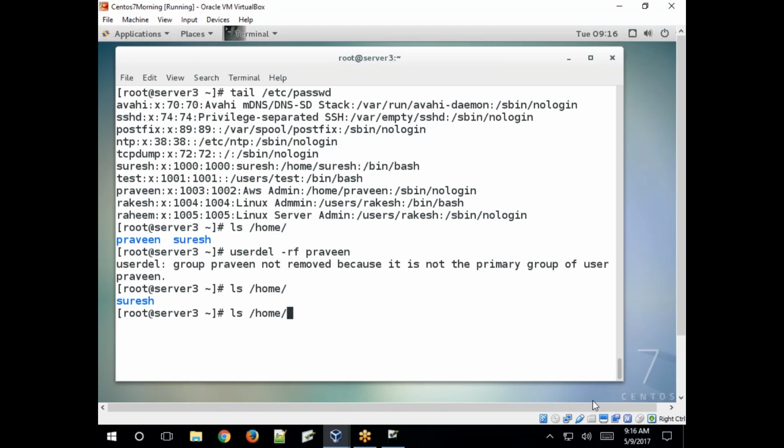Removed, right? Praveen information also. Okay, so Rakesh, so what is Rakesh? Rakesh also remove. So Rakesh is created under where? Slash users, right? Remove test, remove the test user also.